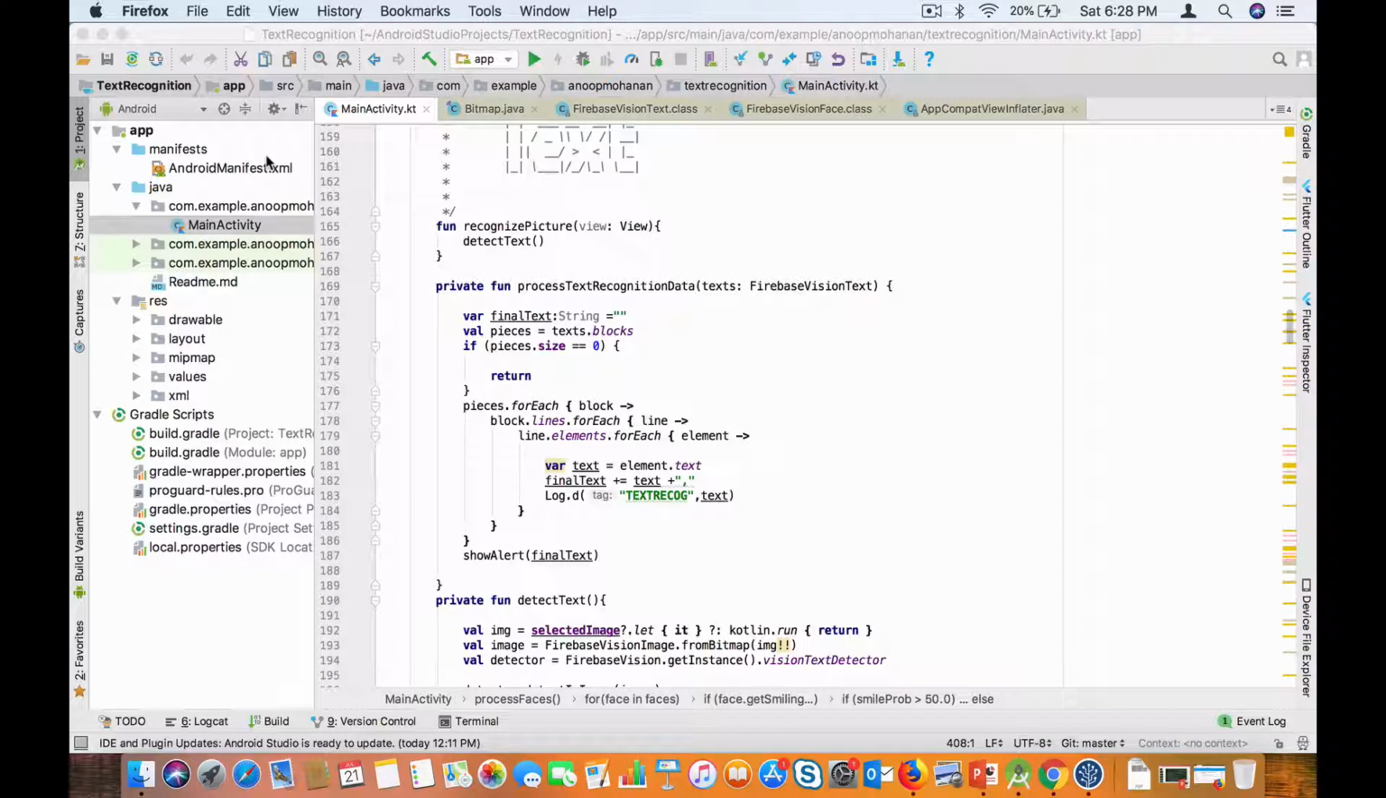In this example, we will use the method of loading a bitmap and decoding the information from the bitmap. Okay,